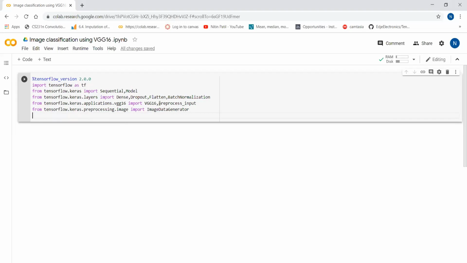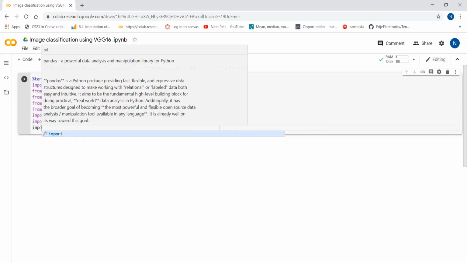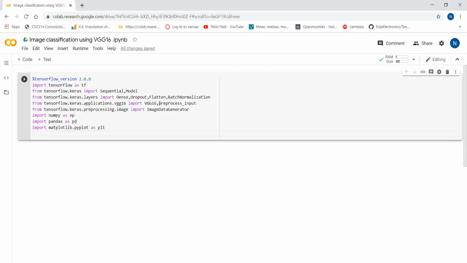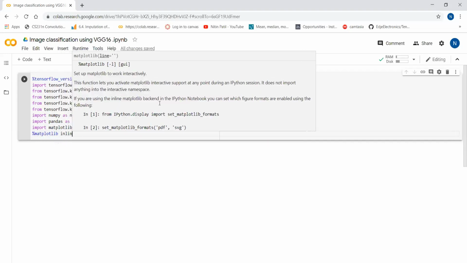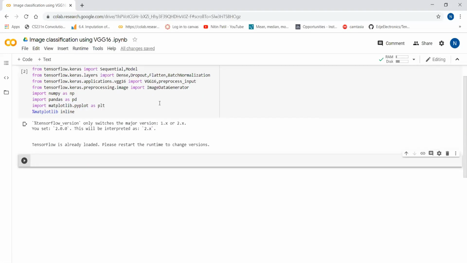I will import numpy and matplotlib as well. Okay, these are the necessary libraries which we have imported.